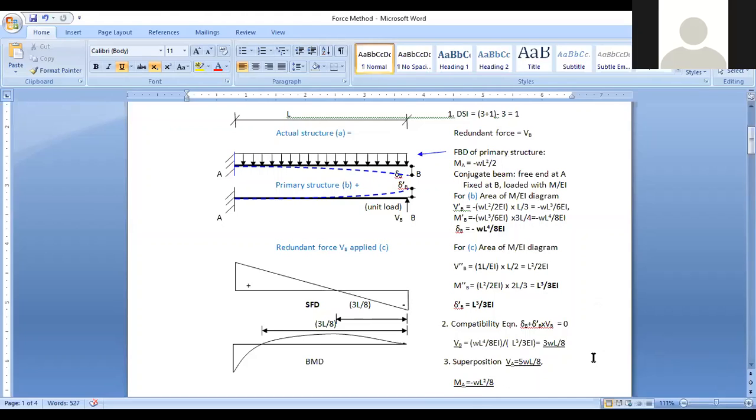Ma'am, we have given the sign of negative in deflection, y equals minus WL raised to 4 by 8EI. But we are considering the M over EI diagram. You mean this deflection? Yes. So how do we consider y? We consider upward positive, right? Yes, ma'am. So if upward is positive, this deflection is downward. So I have drawn it downward. And afterwards, when we draw the deflection, this deflection is this.